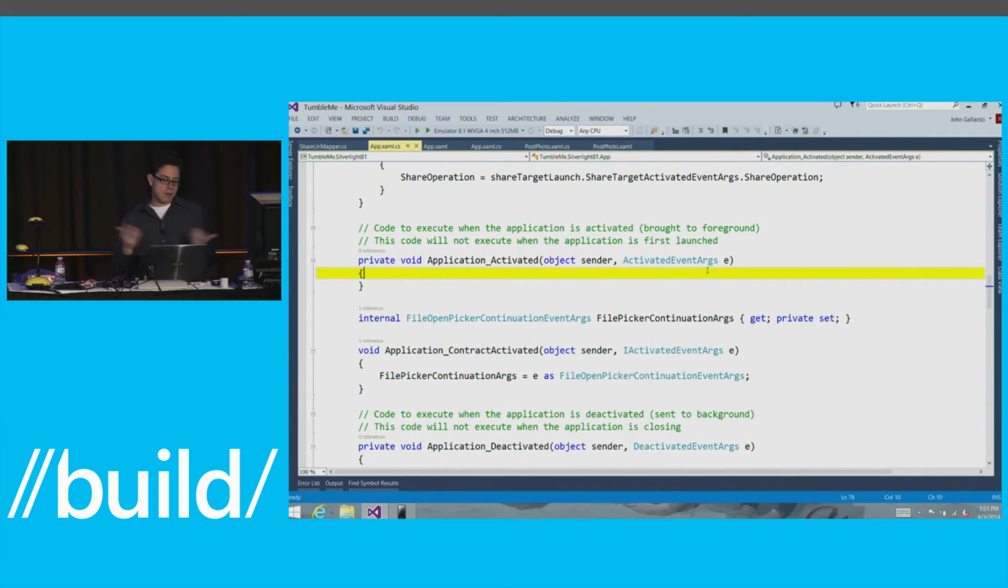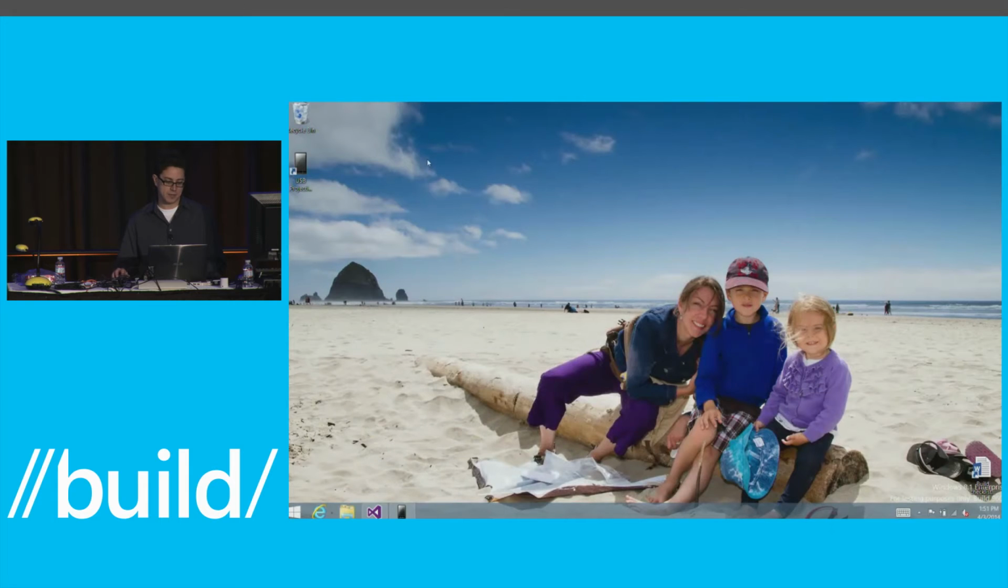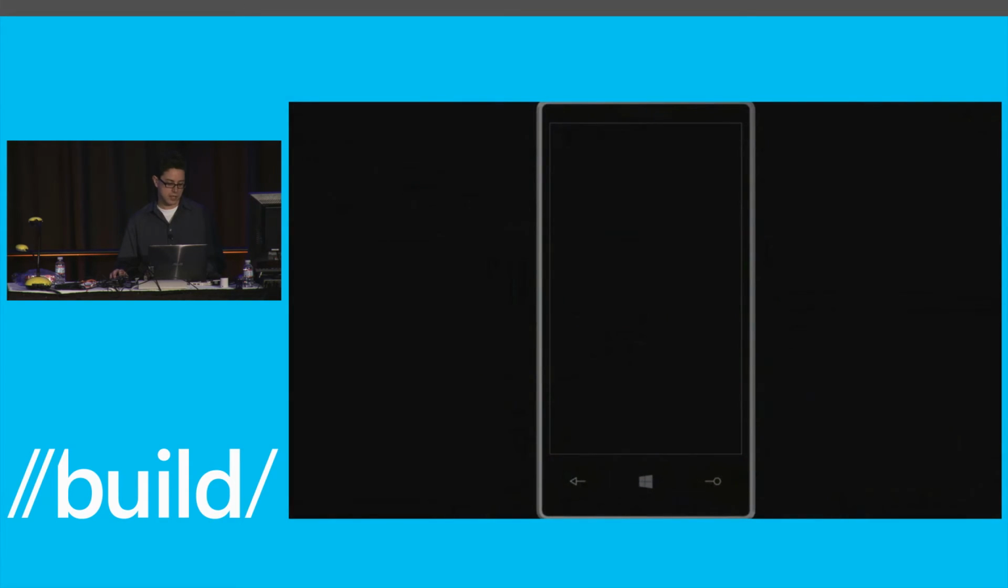So the question now becomes, how easy is this to do with a real application? Well, do you know anybody who's written Silverlight 8.1 apps? Yes, you do know. We do have a couple. So let me show you guys. These are real applications that are using the